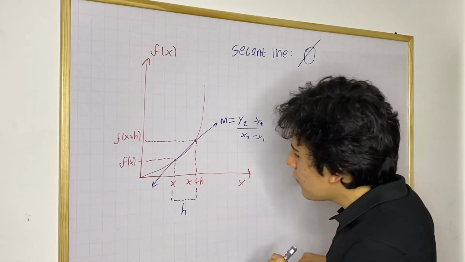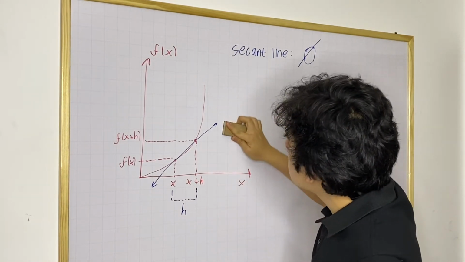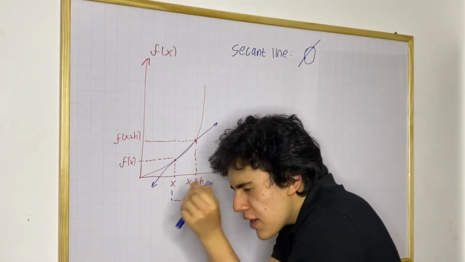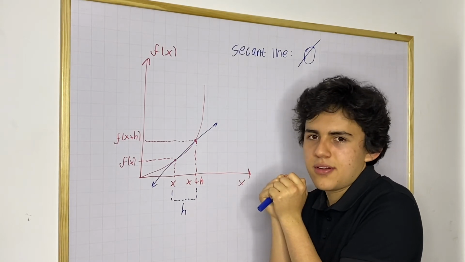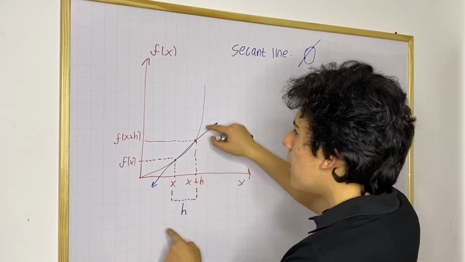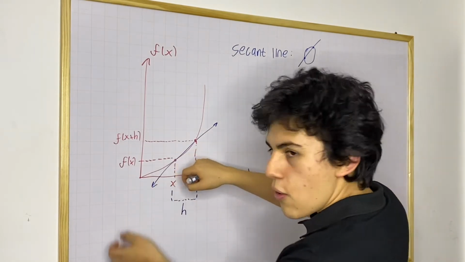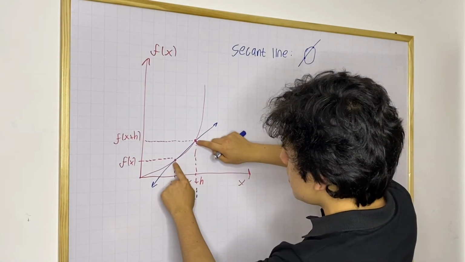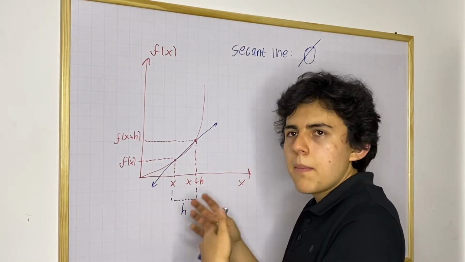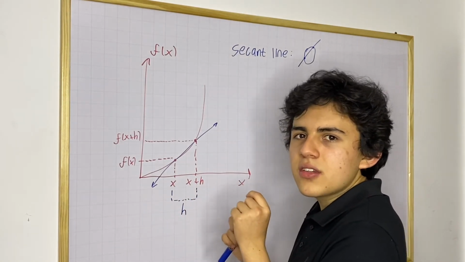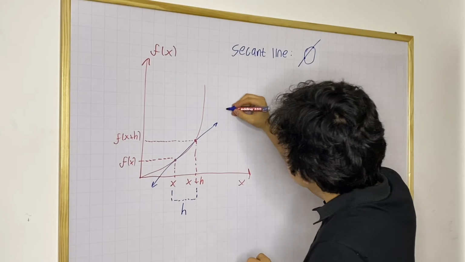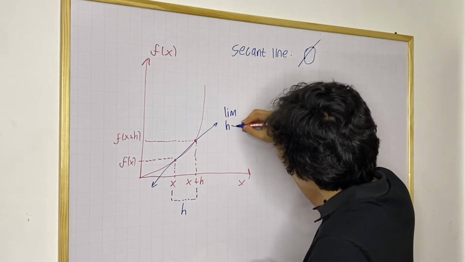So what if we said that we wanted to compute the limit when h is very, very, very close to 0? So what I'm trying to say is that we can see how much the function is changing because we're doing a rise over run in this interval. But what if we know that interval is h units big. What if we made that interval infinitely small? So if we said that the limit as h approaches 0,